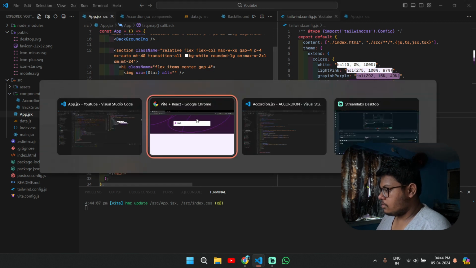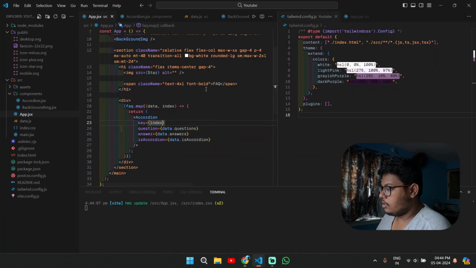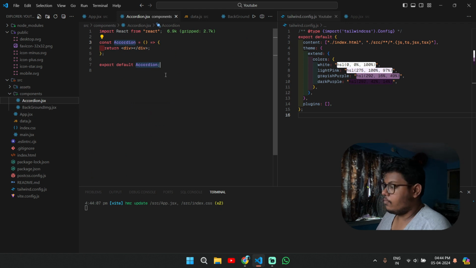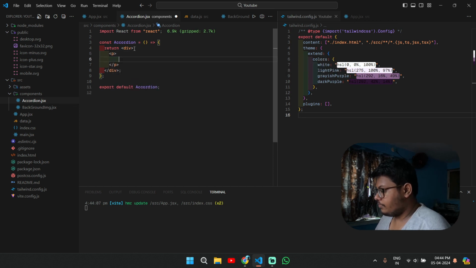Alright, now if I save this and go back to our Chrome page, it will not show anything because the accordion component I have not created. So let's go back to our accordion.jsx file, and within this we have to create the question and answer section. So this div will have a paragraph tag. Let's create a span tag, and it will hold our